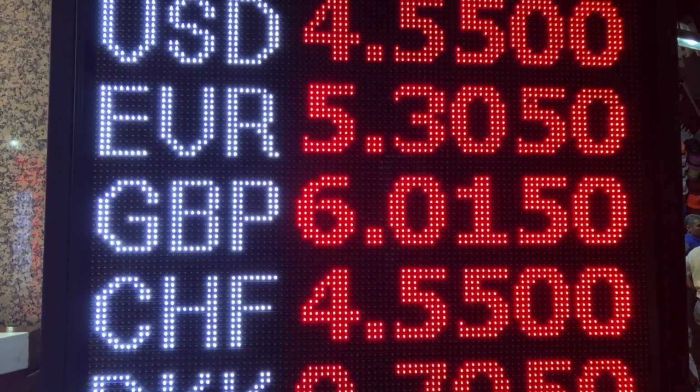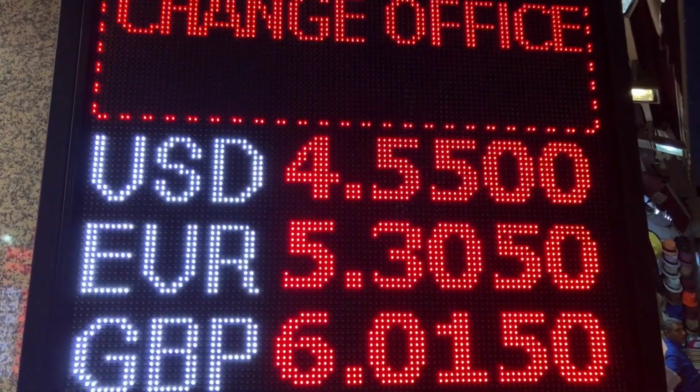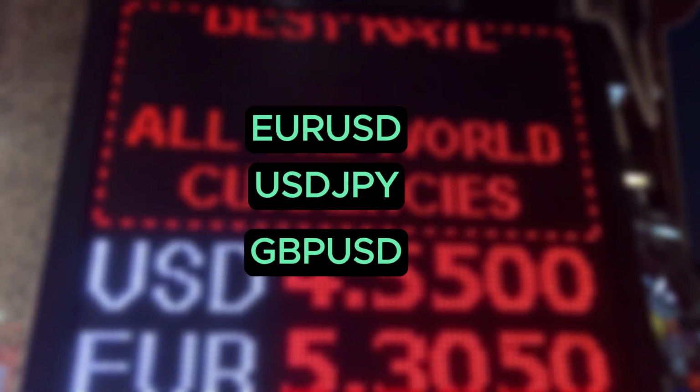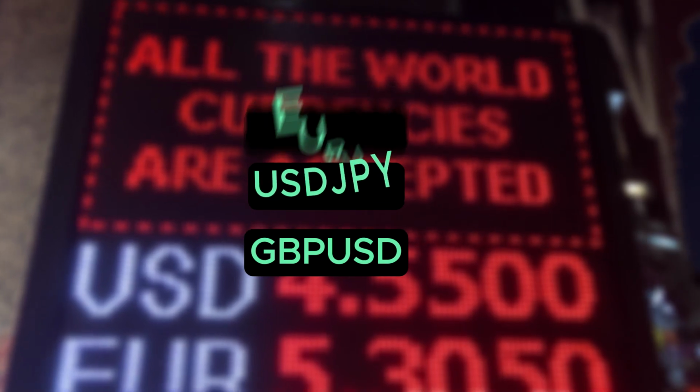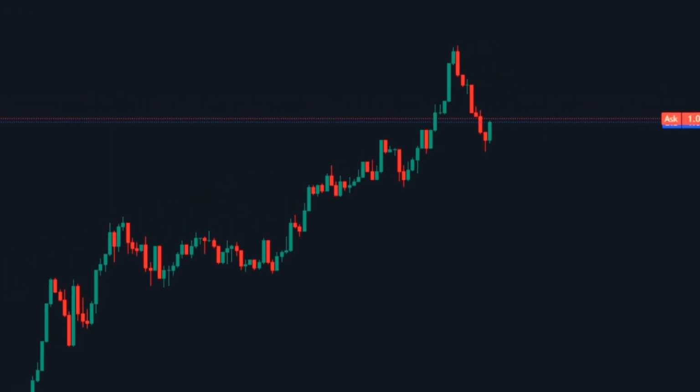Major currency pairs. Smart money traders predominantly focus on major currency pairs like euro to US dollar, US dollar to Japanese yen, and pound sterling to US dollar due to their high liquidity and trading volume. Take an example on euro to US dollar. It has tight spreads due to its high liquidity, and it's one of the most traded currency pairs due to